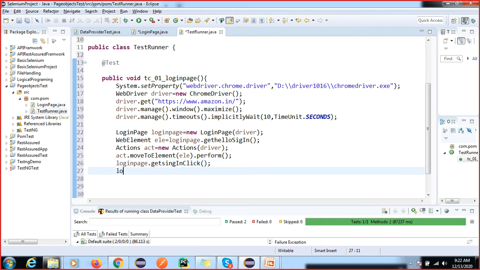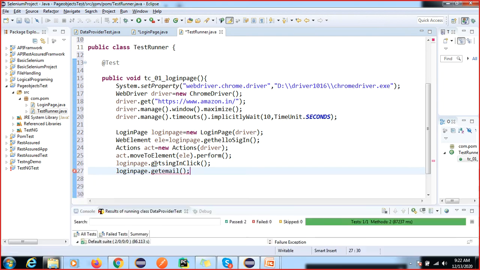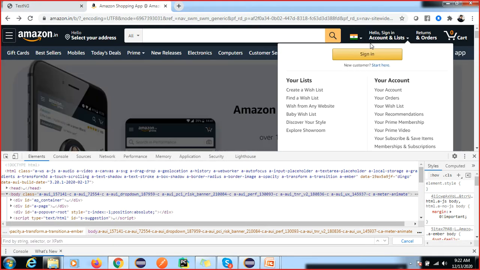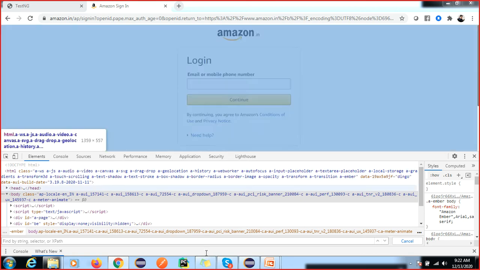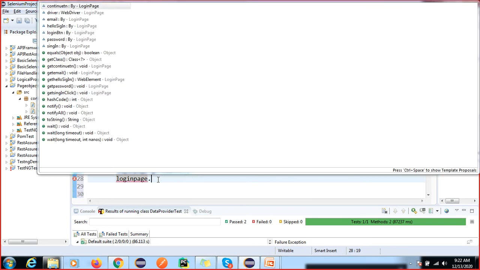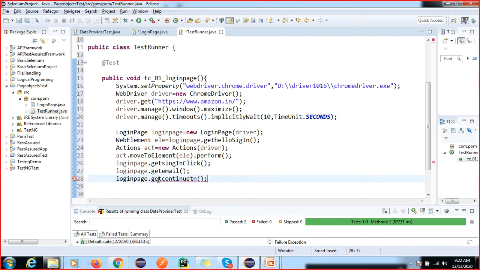After that you have to enter, right? Get enter email, right? So again you have to click, so login. After clicking this, click enter this, then we have to click on continue button, right? So dot get continue, where is this continue button, right?